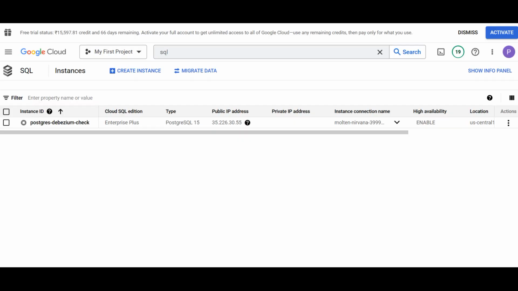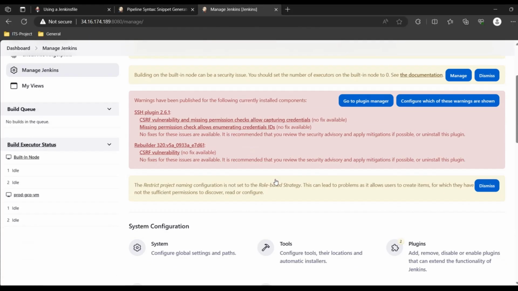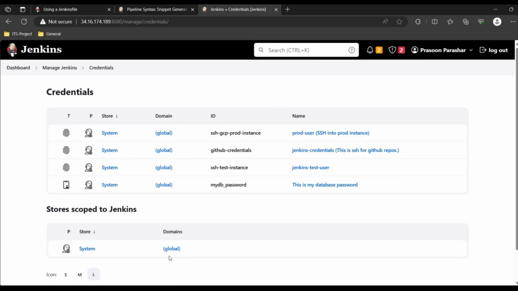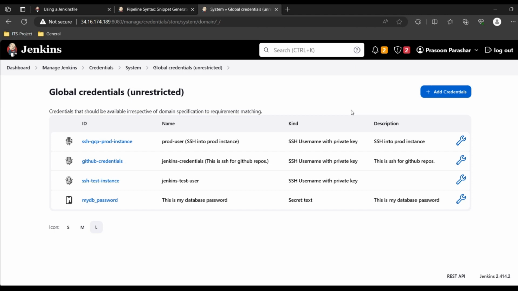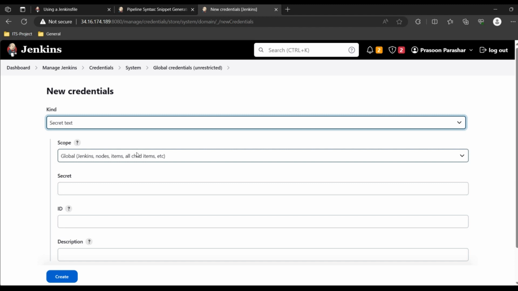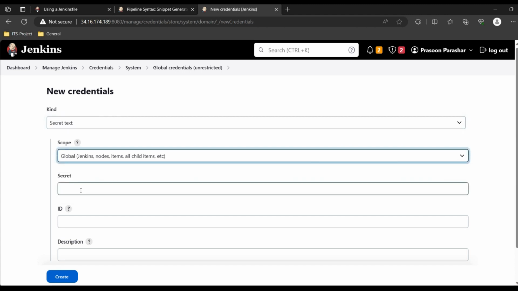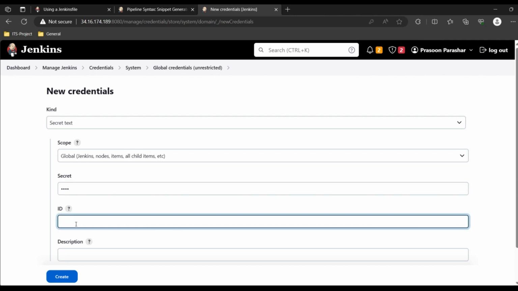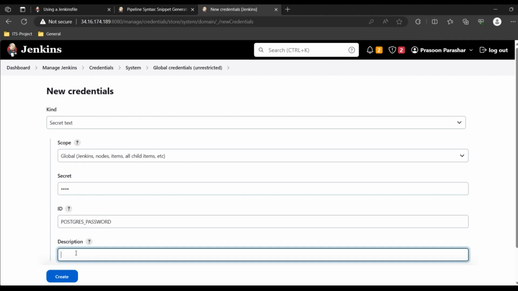Coming to next topic, how to run database query using Jenkins. Set up Postgres database anywhere, preferred Google Cloud. I have already done it. Now let's save the database password. Go to Manage Jenkins, click Credentials, Global, Add Credentials. We will save it as secret text. Put your password here. Give any suitable ID. We can set it as Postgres password. Write some description